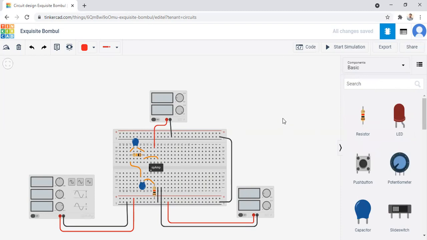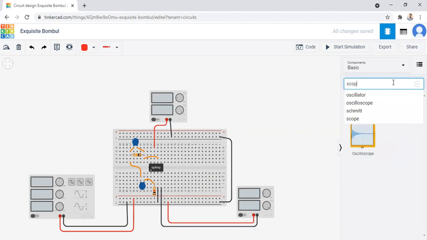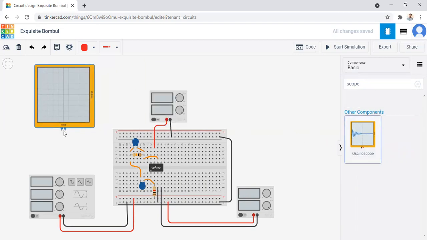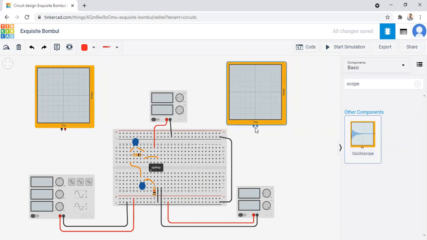So after that, in order to observe the wave shape, now we search for the scope. So here, this scope is for observing the input and this scope is for observing the output.